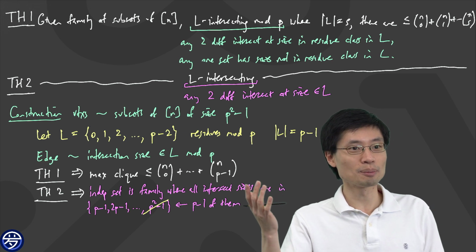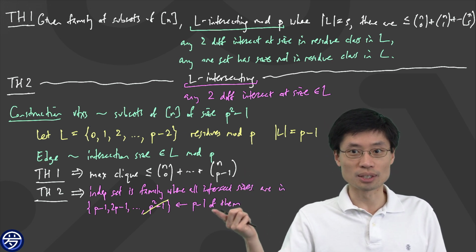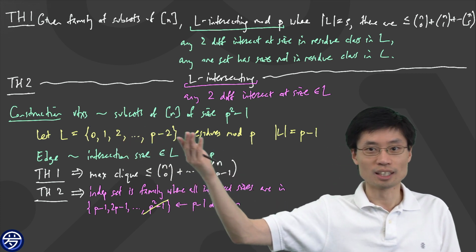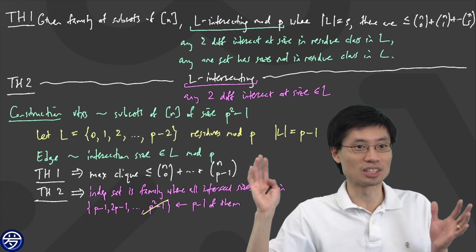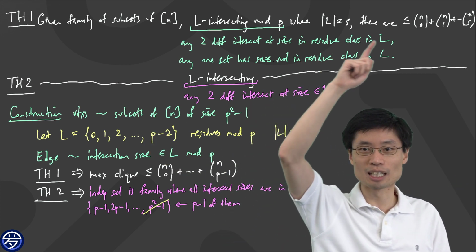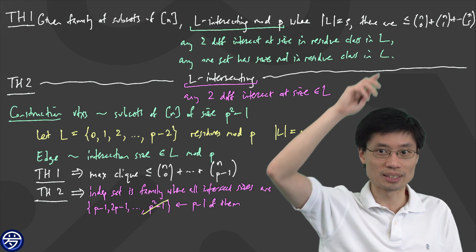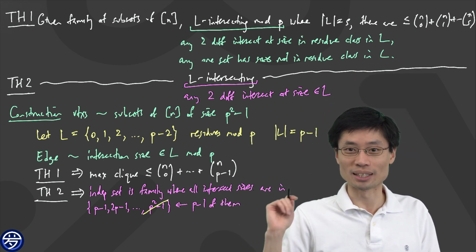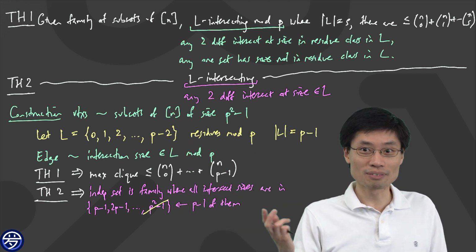Does that make sense to people? If I tried to use the non-modular version to do the modular component, then I would actually have to strike out like p squared minus p-ish things, and then I would just get a huge bound. I would get this sum, which is n choose 0, n choose 1, all the way to n choose something very huge, which is already quadratic in p. So that's the point. And when you put these two together, we have the same bound.